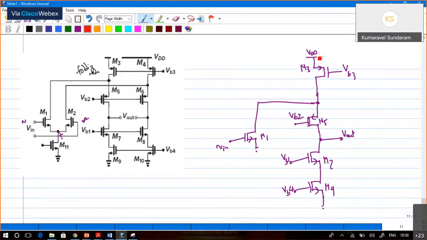First, this is going to be grounded, this is going to be grounded, this is going to be grounded for small signal. All the DC voltage sources are going to be grounded. Here, VG is equal to 0. Okay. VSG is 0. The small signal circuit is going to become,